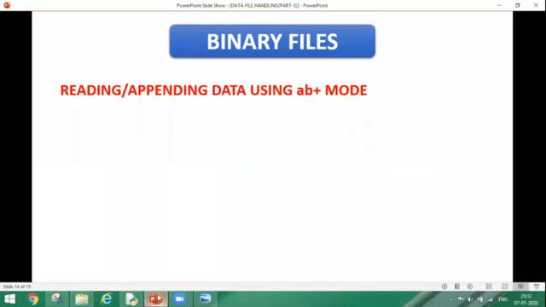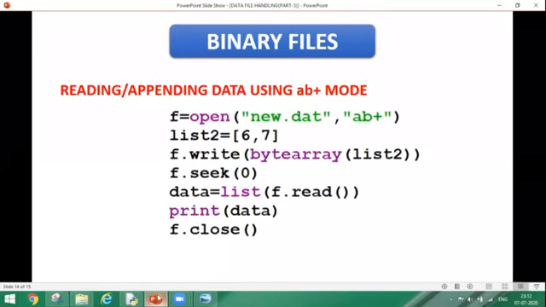Next, we are going to learn how to add the records at the end of the file. Here is an example. What this example says is that we are opening a file in append and read mode together. There is a list which we are going to write permanently into my file. And the read operation will also remain same, that first we are placing our cursor in the starting of the file with the help of the seek method, and then we will start reading it. And finally we are printing it. So how does it work practically?